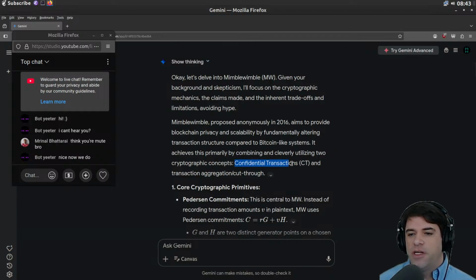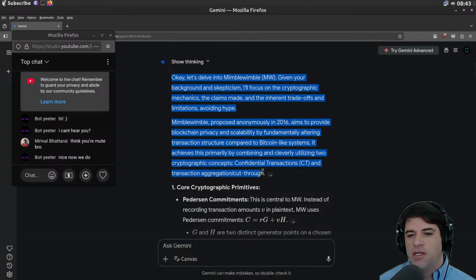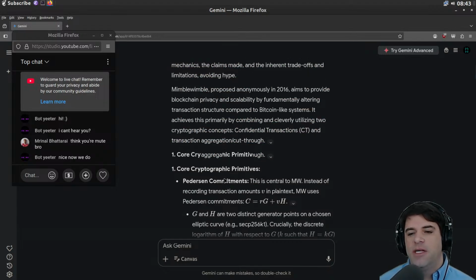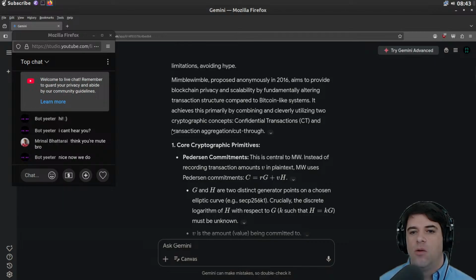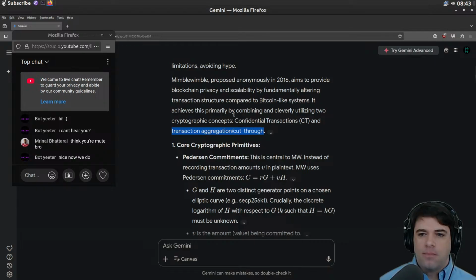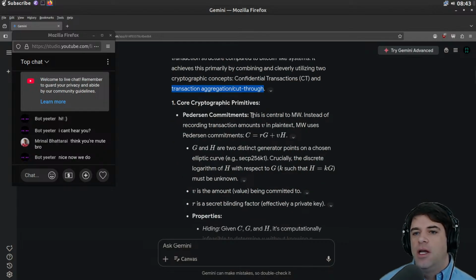And then they've got the confidential transactions, and they've got some sort of transaction aggregation cut-through. I don't know exactly what that means, but presumably it's some sort of compression where we record less per transaction. One of the annoying things about Bitcoin is it presumes that if everyone's going to verify the transaction, then they need to know all of the transactions ever through history, which is a lot. So a lot of the changes have been about reducing that load. And I don't know whether they're going to do that in a lossless way, or if they're going to take the information and put it somewhere else, or if there's a lossiness to it.